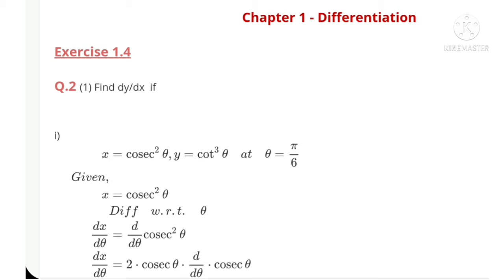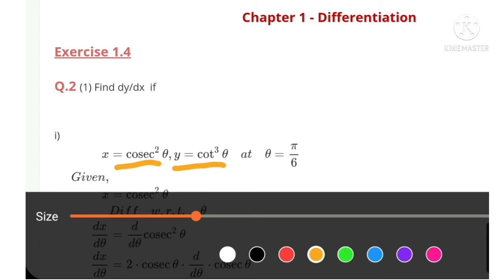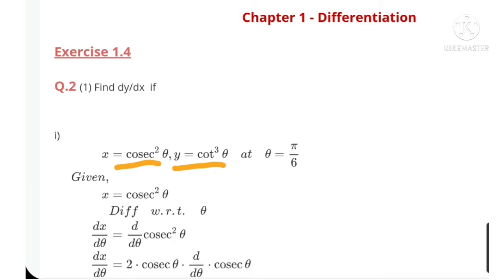Find dy by dx, if x is equal to cosec square theta and y is equal to cot cube theta. Then at theta is equal to pi by 6, we have to find the value. So the given statements are, see here,